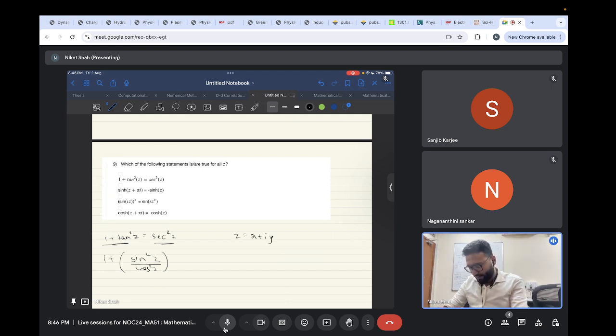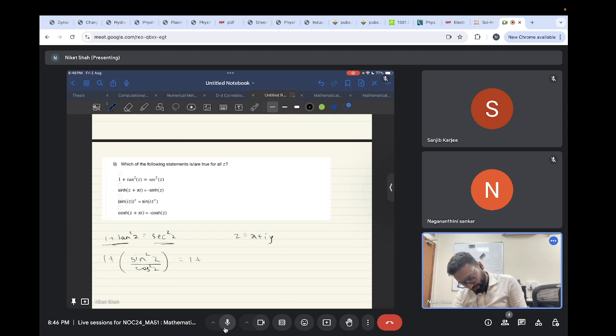You might again be tempted to simply cross multiply, say cos square z plus sine square z is equal to 1, and that is 1 by cos square z remaining. So that gives me sec square z. But sine square z plus cos square z being equal to 1 is not an identity we know for complex numbers. We have proven it for real numbers. It is true for complex numbers, by the way, but here we are assuming that we don't know that, and we are out to prove it from very basic fundamentals. Okay, so